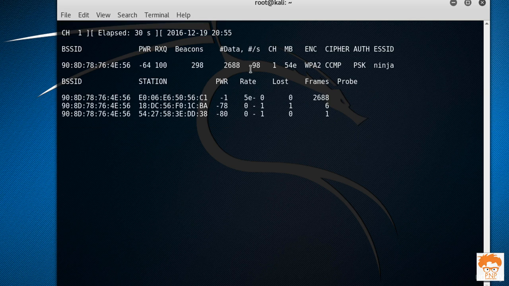Now you can see the data is increasing at a very high rate. It means this router is quite active. The traffic on this router is very high. So what we can do here is sniff these stations which are connected to the BSSID. For doing the sniffing, you need to simply press Ctrl C